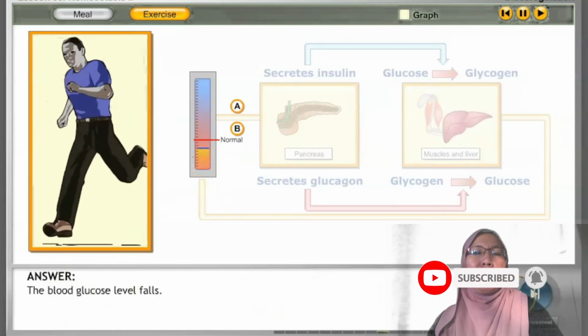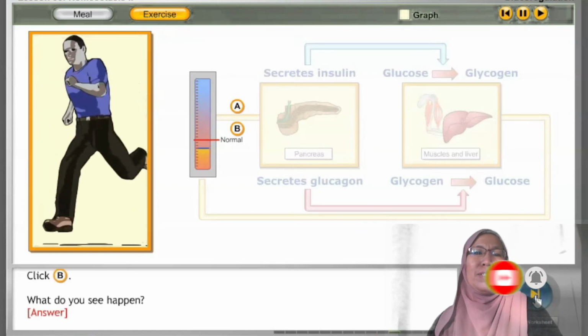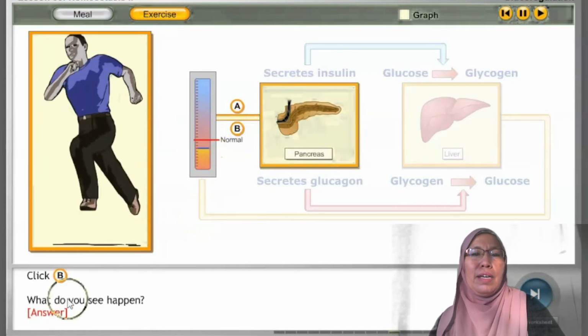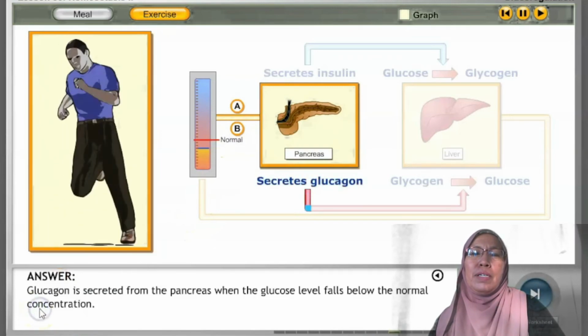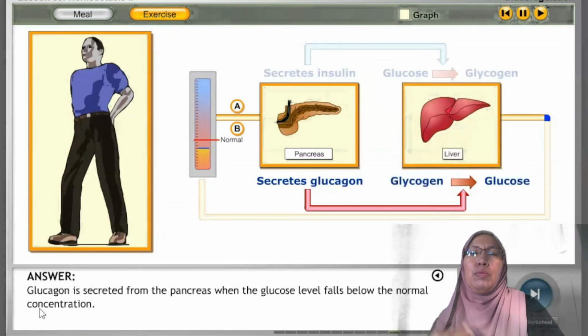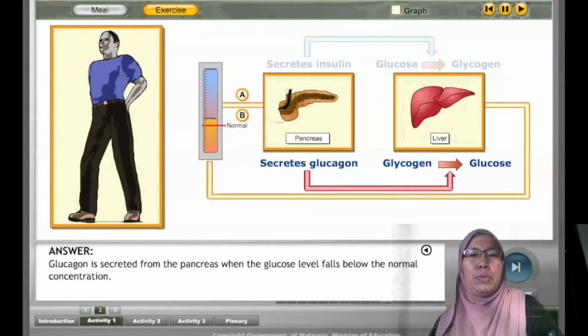The blood glucose level falls because glucose is needed to give energy to this man. So what do you see happen? The pancreas secretes glucagon, which converts glycogen in the liver to glucose, and the level of glucose will go